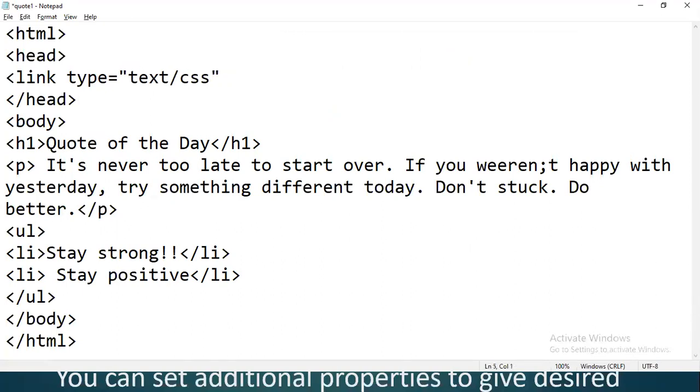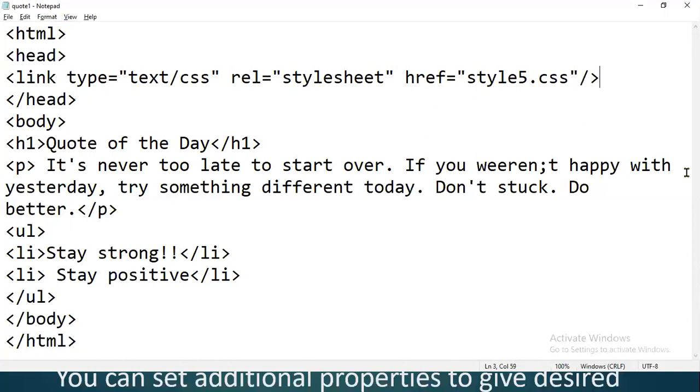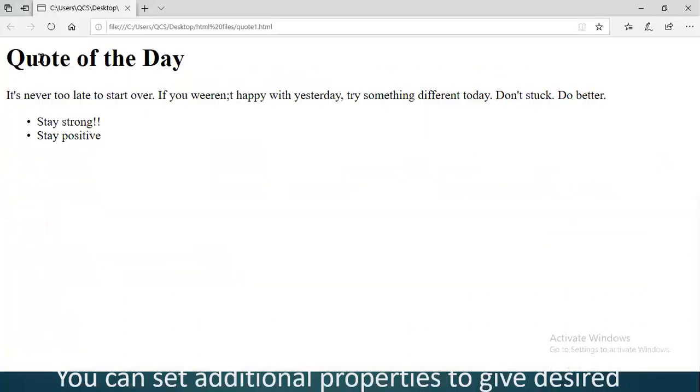The relation is a style sheet, so rel is equal to stylesheet. After this we want to define the reference, so we will write href. What we are going to define here is the name of the file, which is style5.css. So that style sheet will be linked with your HTML page.